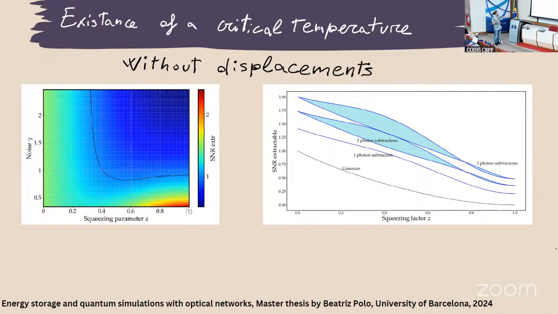So these are the first results that we had in the thesis of Beatrice. This is without displacements, because this is the typical approach at the beginning of Gaussian in the continuous variable community. We don't care about displacements because we only care about the entanglement, and displacements don't produce entanglement. Yet it's not a fair comparison because if we use displacements, we can actually increase the signal-to-noise ratio to infinity. I can increase the energy of the system without changing the fluctuation, and so I can have unbounded signal-to-noise ratio with purely classical operations.